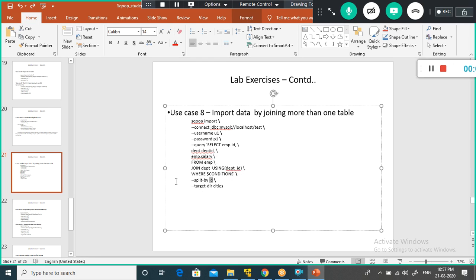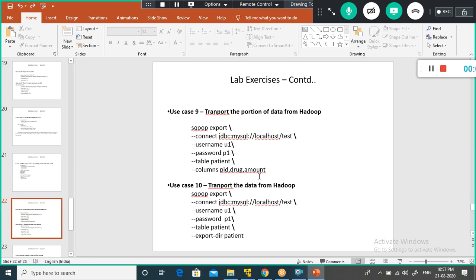Split by ID: look here, I just mentioned the column name. Which column do you need to take into account while splitting the data? To split the data, which column you are supposed to use in order to spawn multiple mappers. Based on this column, the number of mappers will be determined automatically. You understood, right? You can use it based on the join condition. Lots of options are available.